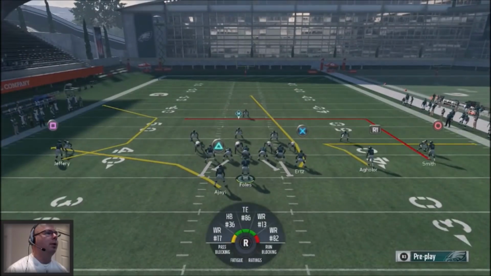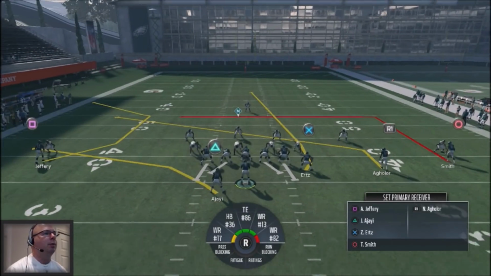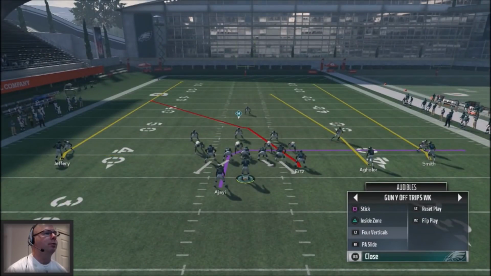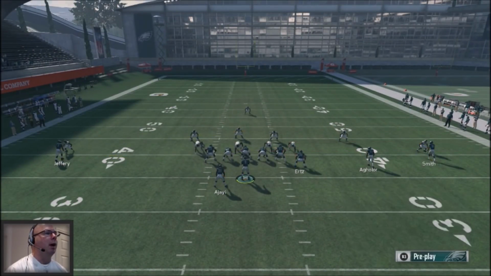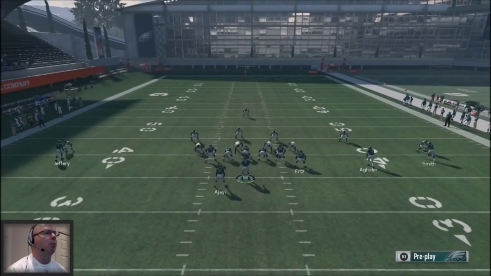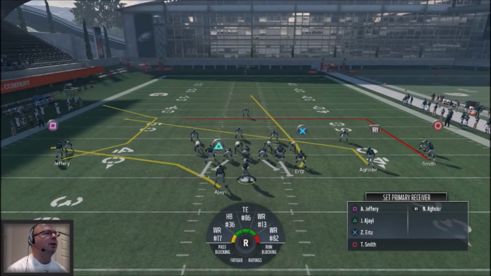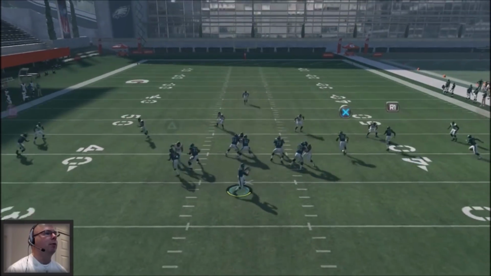So another thing you want to do is complement. You can keep attacking your opponent with four verticals, but what I like to do while I'm using this particular play is I will go ahead and take my backside receiver. I'm going to put him in a slant, and the seam will get wide open if you've got a slant